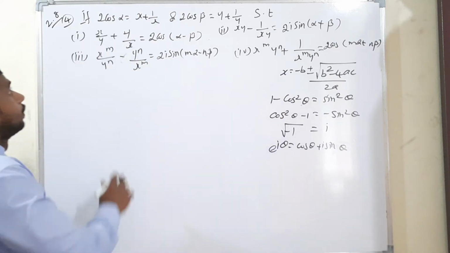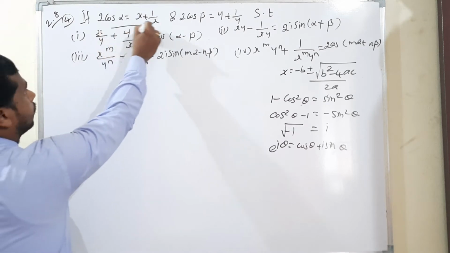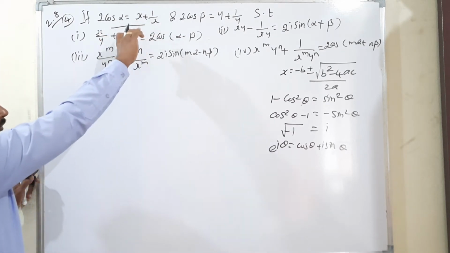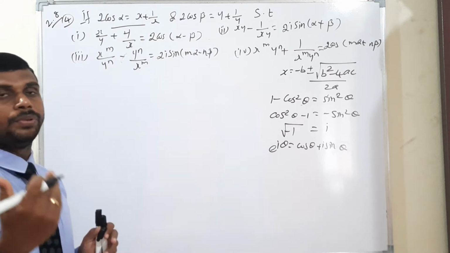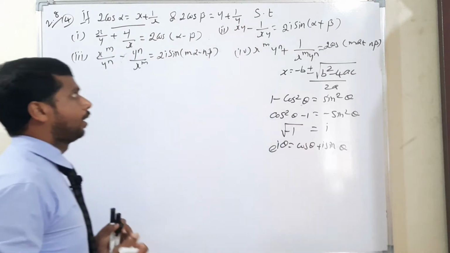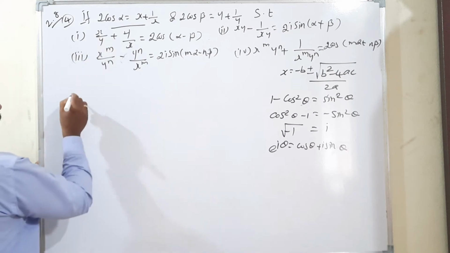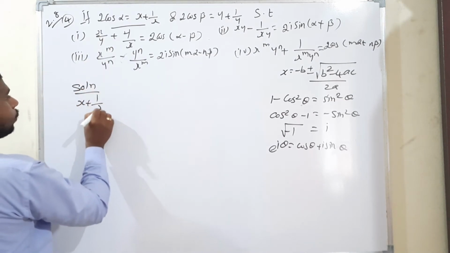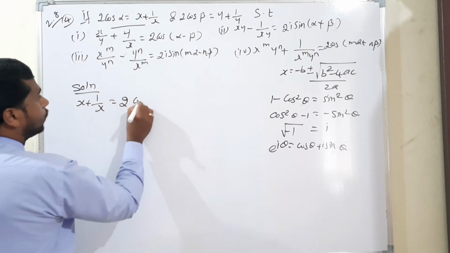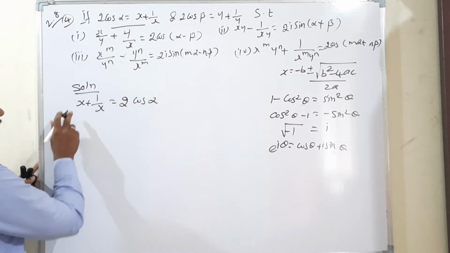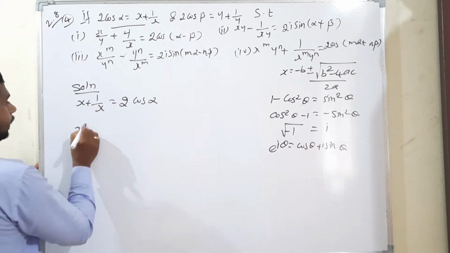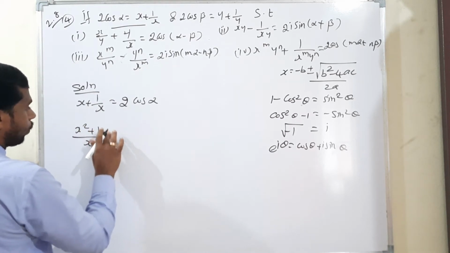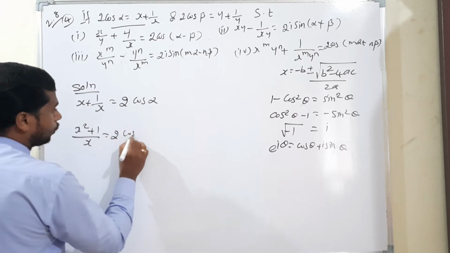First I am moving to the given condition. What is the condition? First you have to find out x. After getting x, it will be very easy to apply the same to the y term also. So x solution: x plus 1 by x is equal to 2 cos alpha, isn't it? Cross multiplying, x square plus 1 divided by x is equal to 2 cos alpha.